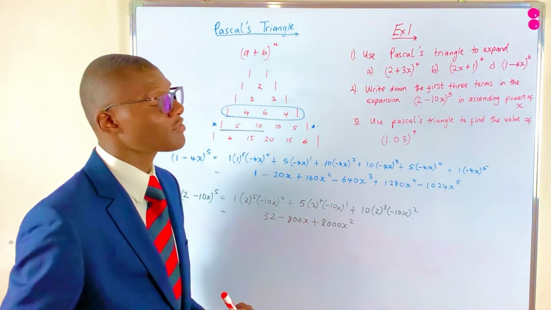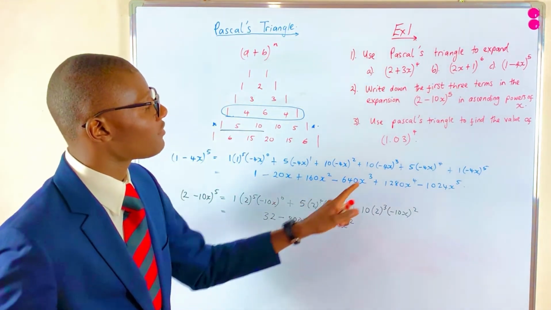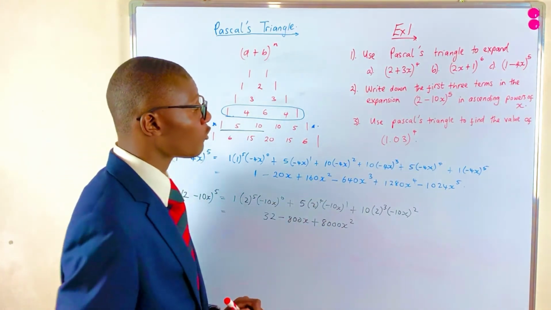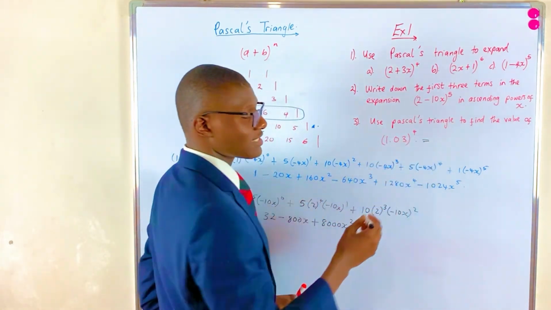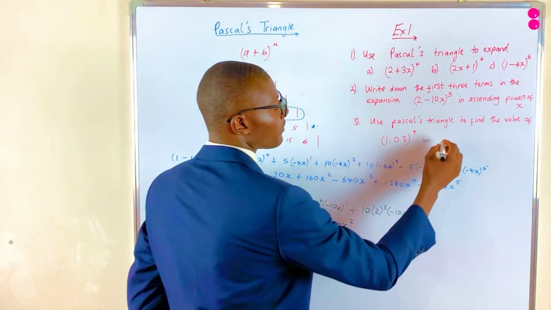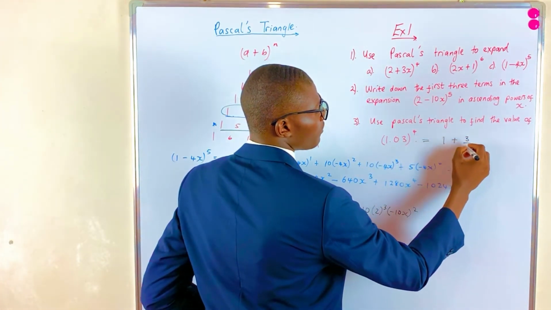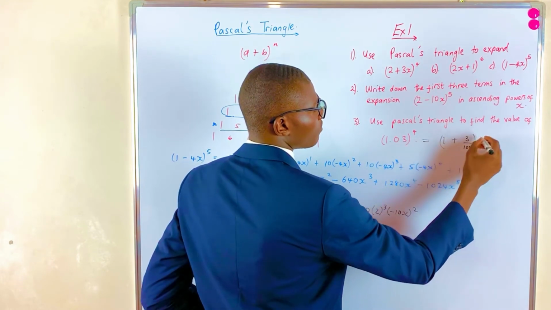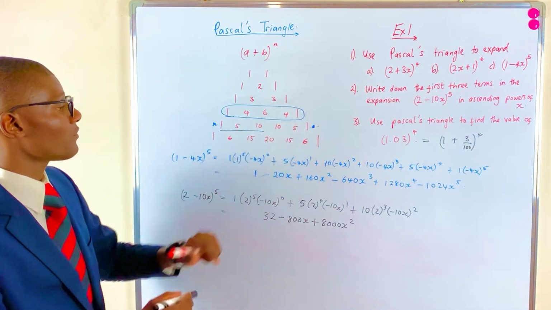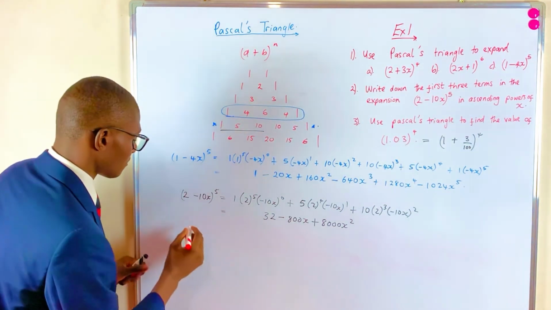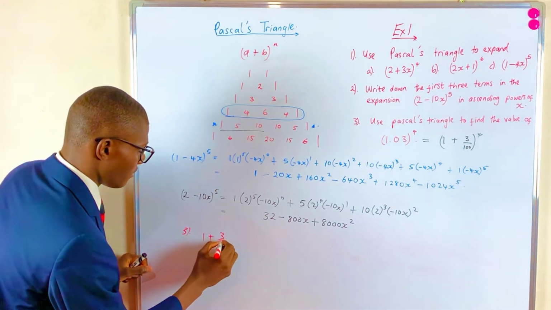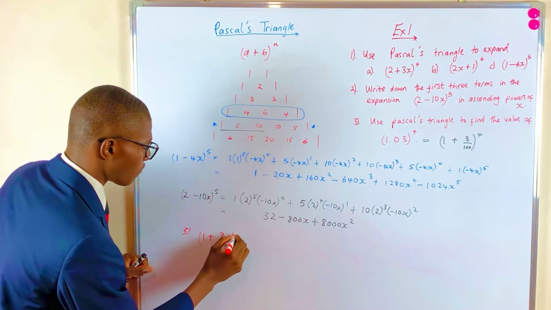Then now for number 3. Number 3 says use Pascal's triangle to find the value of 1.03 raised to the power of 4. So that being raised to the power of 4, definitely we need to rewrite it in such a way that we've got a binomial expression. So we can rewrite this as 1 plus 3 over 100 raised to the power of 4. And now since it's raised to the power of 4, we need these coefficients, yeah? So for number 3, we're saying we've got 1 plus 3 over 100 raised to the power of 4 being